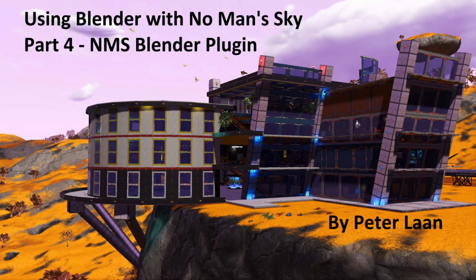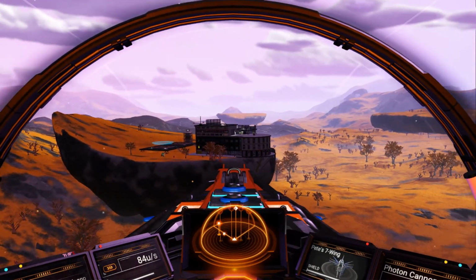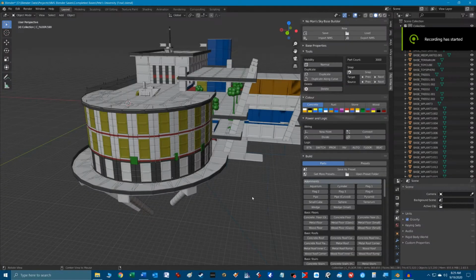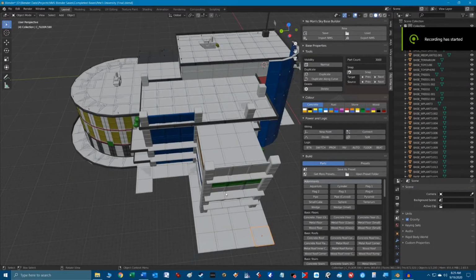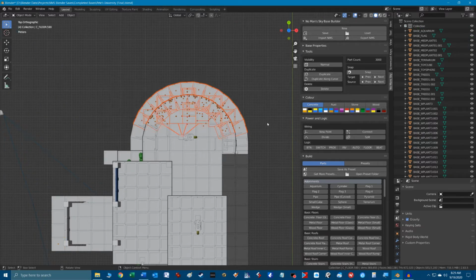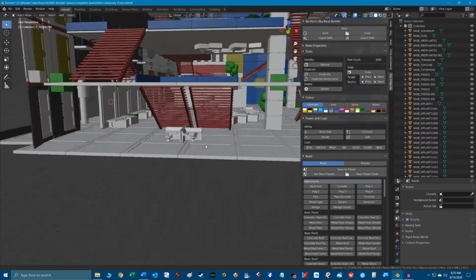Welcome to my beginner's tutorial series on how to use Blender to build bases in No Man's Sky. This is part 4 of the series that will focus on the Blender plugin to help you work with No Man's Sky base objects within the Blender 3D workspace. This tutorial is designed for PC users only, and if you're unfamiliar with the software needed, please check out parts 1 to 3 of this series, which includes workflow overview and how to install this awesome Blender plugin designed by